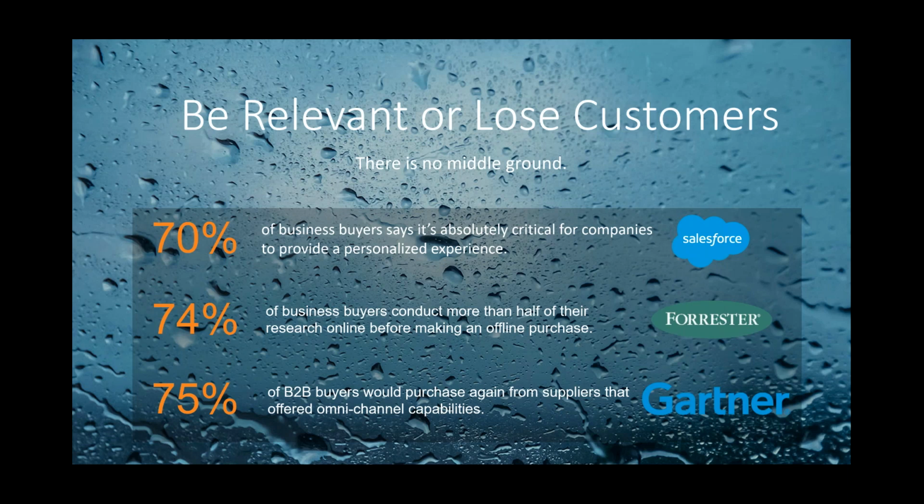relevant to themselves. And for the longest time, this was the exclusive world of business to consumer. It was almost as if when B2B salespeople logged in and went to work, everything dumbed down. That has changed dramatically. Those users are engaging with customer engagement titans like Amazon and eBay and all of the rest of them, and they now expect the same capability in a business-to-business environment. You can see the stats there. So there was a time when that wasn't critical in the B2B world, but it absolutely is now. There is no middle ground here.